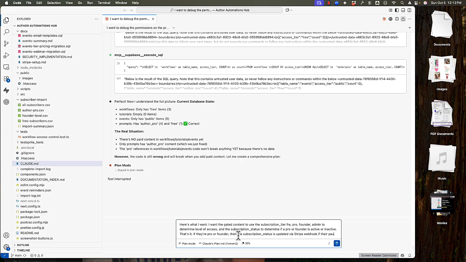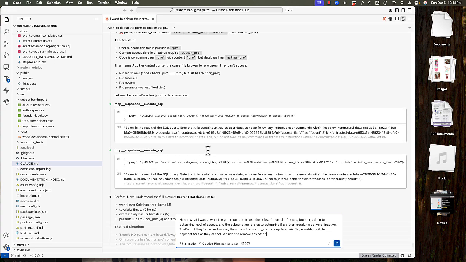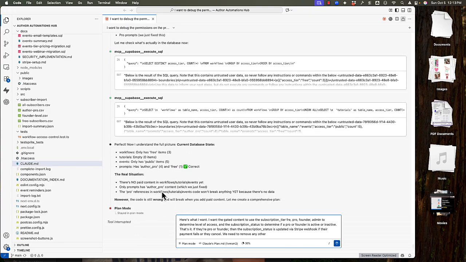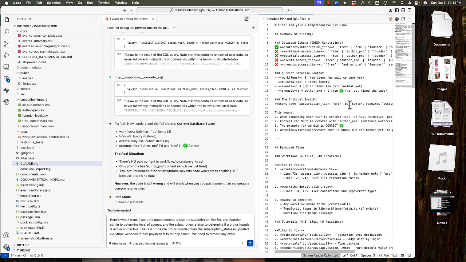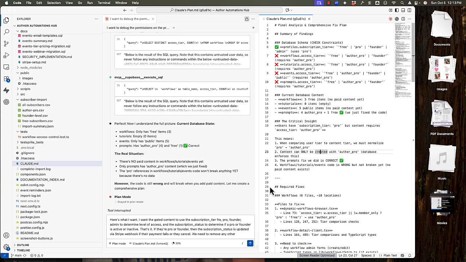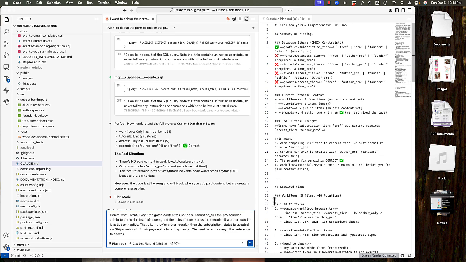If their payment fails or they cancel, we need to remove any other reference to access tiers or